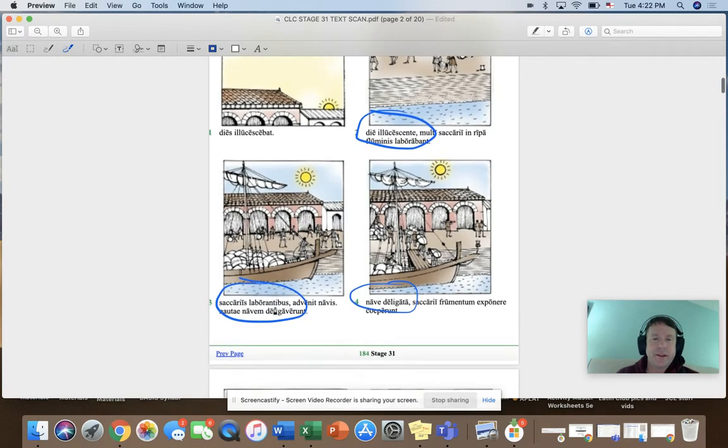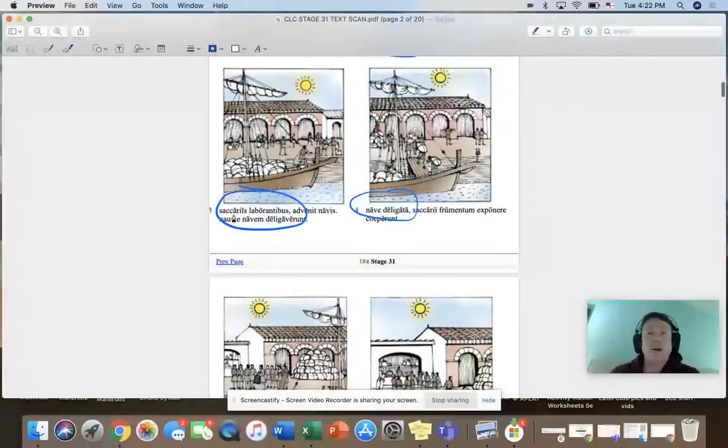Now look at number 3 here. We have the dock workers, again in the ablative. So with the dock workers working. Laborantibus is the present active participle of laboro, laborare, to work. Look at the next one. Nave, again a noun in the ablative. So not just ship, but with the ship. Now, this isn't a present active participle. Delegata is a fourth principal part. It's a perfect passive participle. So we're going to do what we always do with the perfect passive participle, and translate it as having been blanked. So with the ship having been tied down.